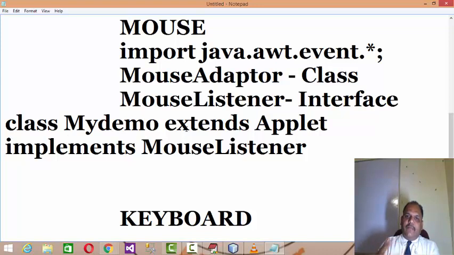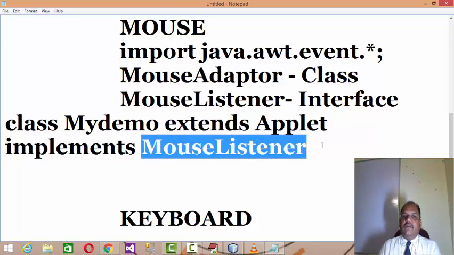Means you should have an application, and on that application you will be firing an event, and hence most of the time while handling events you need to take help of the interfaces. For handling mouse events we have a mouse listener.